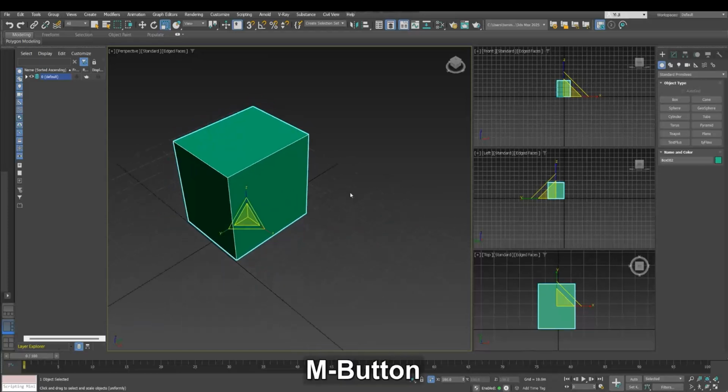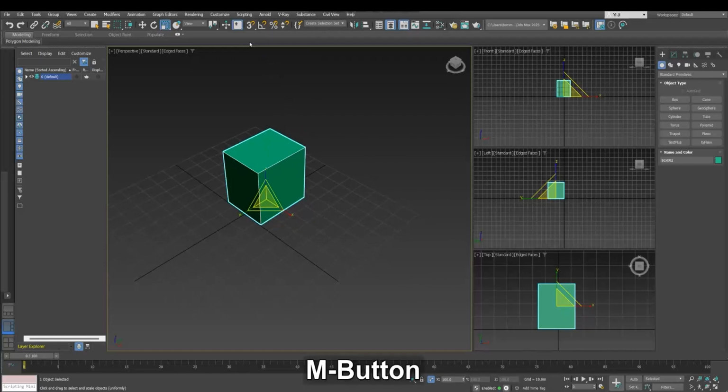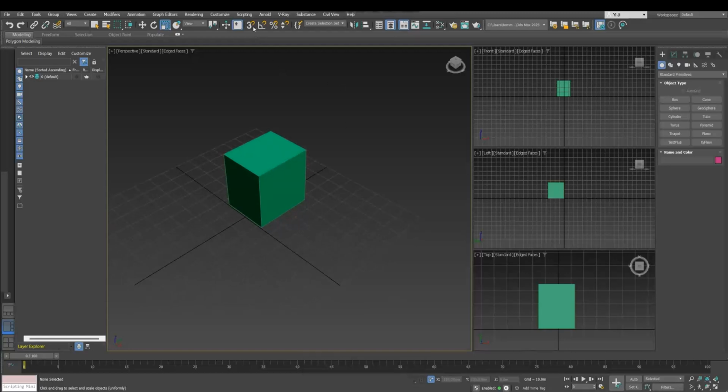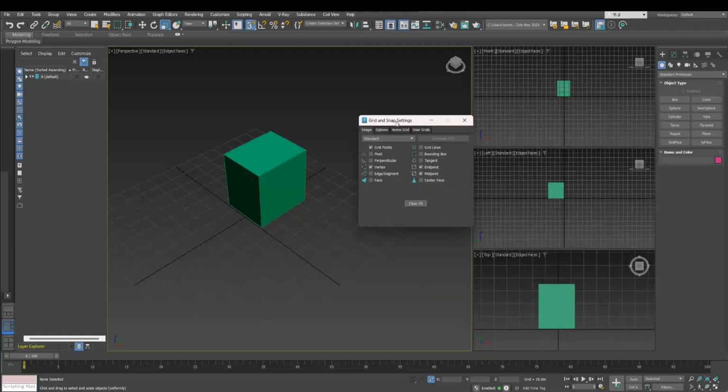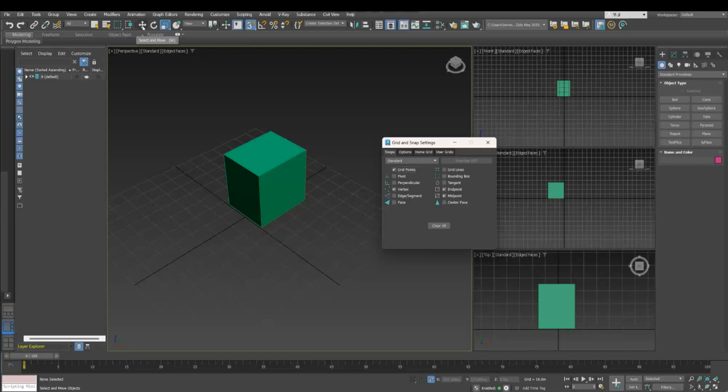Okay. Next is the snap function. It's often missed in many tutorials. To toggle your snap, you first go to your toolbar, press this button here called Snap Toggle, or you can press S. If you see a little triangle drop down, that means you can right click your mouse and it will bring up the properties for this particular tool. I don't have any other object to snap to, so I'm going to make sure my grid points is turned on. Now when I use the move tool,